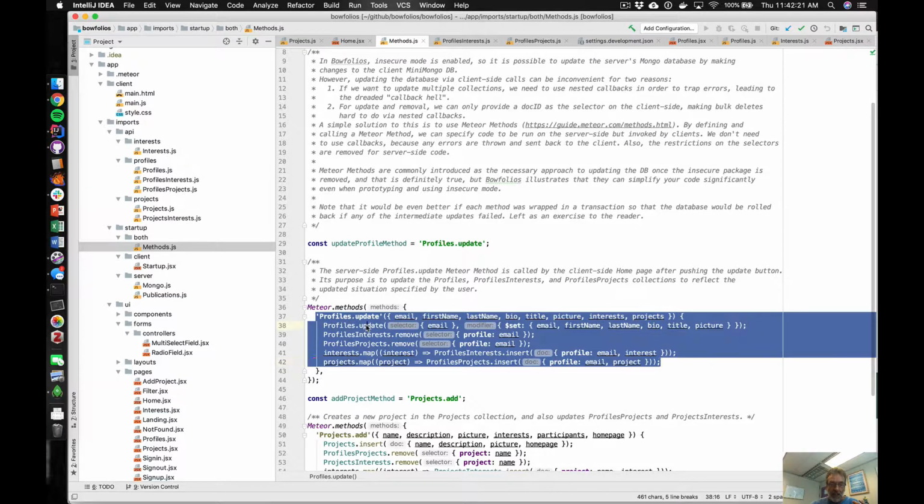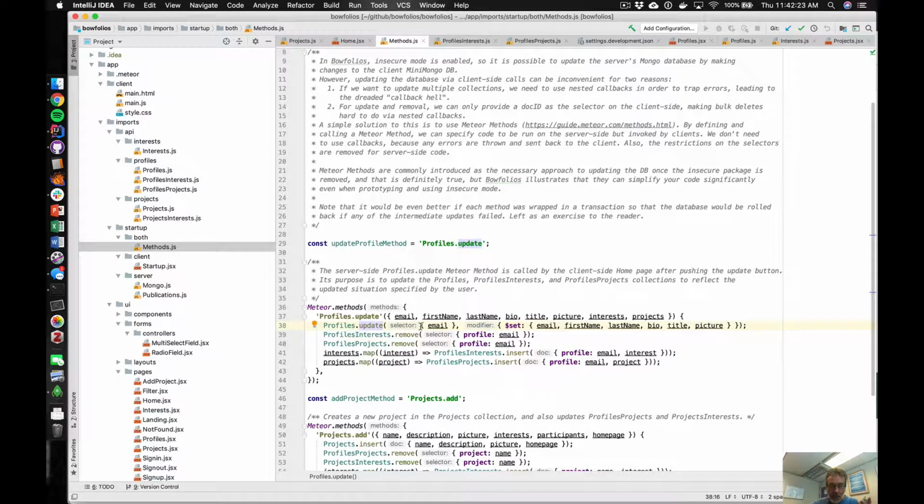It can do nice things not available on the client, like use an object as a selector. That turns out to be a no-go on the client side. And all of these things run sequentially, so they're not asynchronous, and if any of them have an error, they'll throw an exception which will be caught by the method mechanism and then returned to the client for display. Okay, so it's